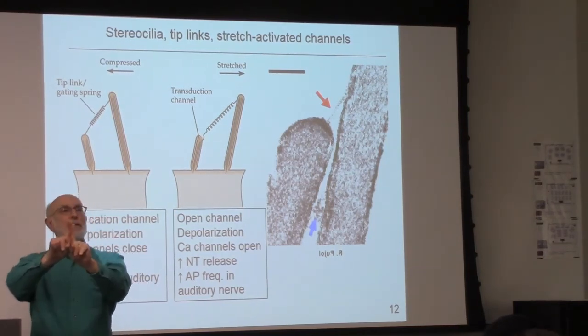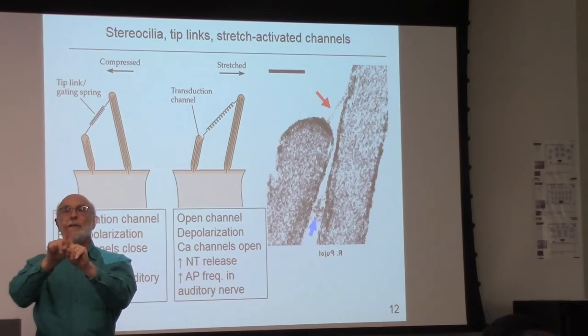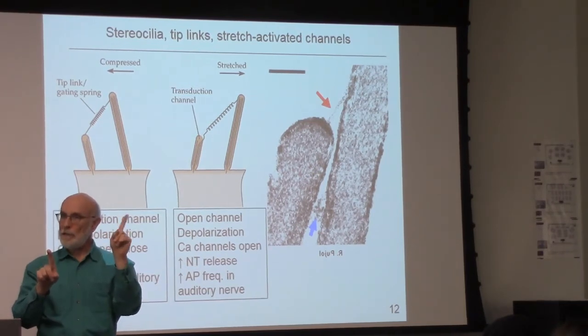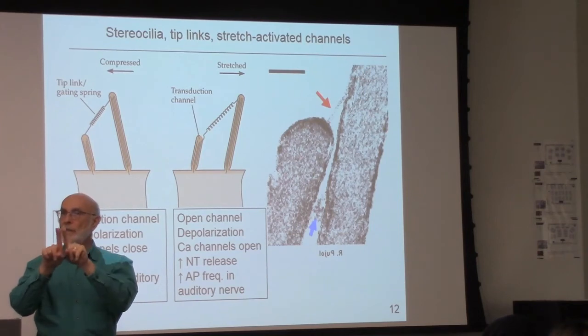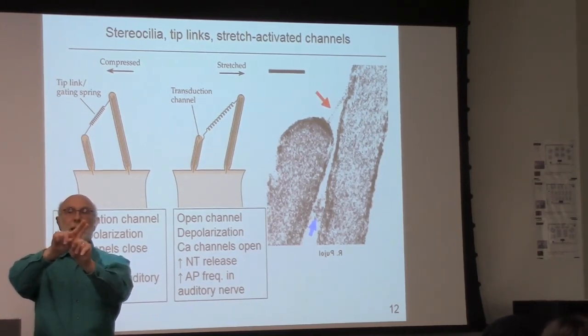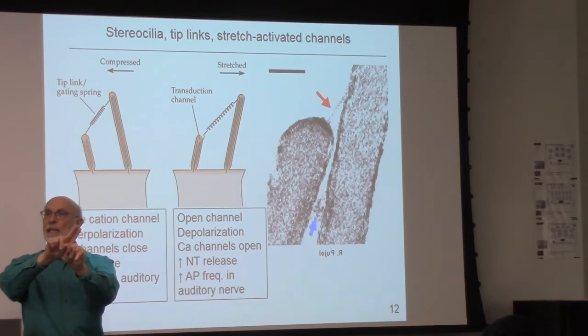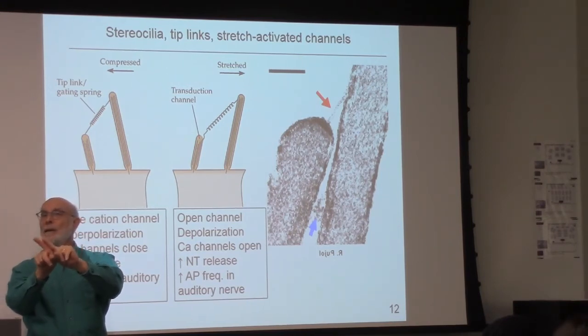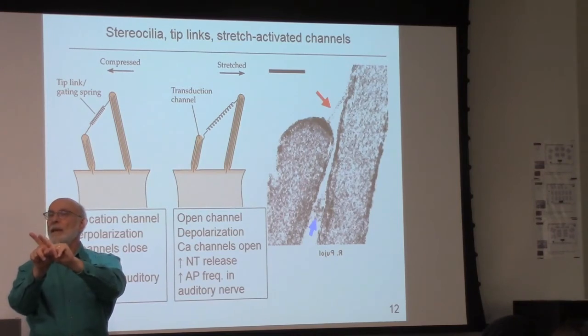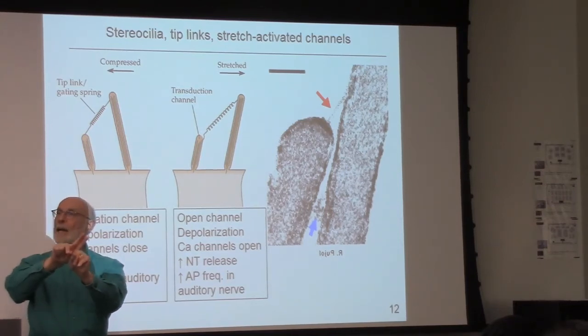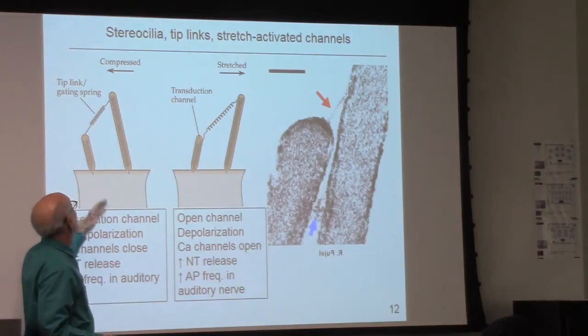So here is a short stereocilium and a long stereocilium. I'm going to imagine the tip link between the tip of this stereocilium and the side of this stereocilium. Bend it this way. Did you see how the tip is getting closer to the side, and so the tip link tension is decreasing? If I bend it this way, see how the tip is getting further away from the wall and tension is increasing. Slack, tense. Slack, tense. Slack,